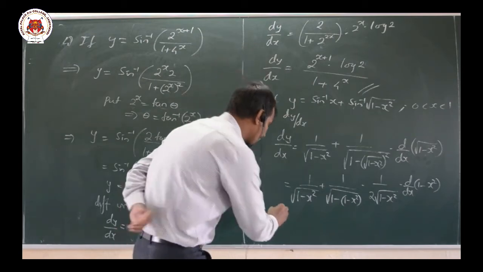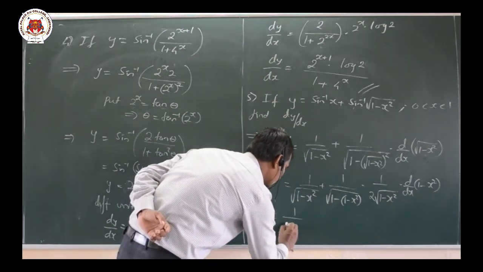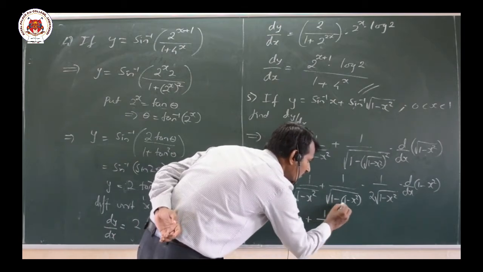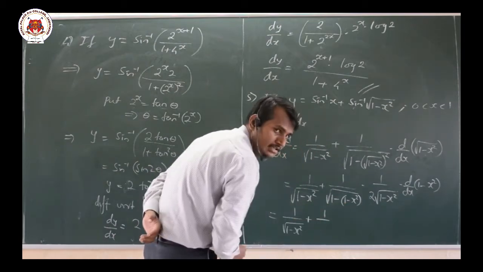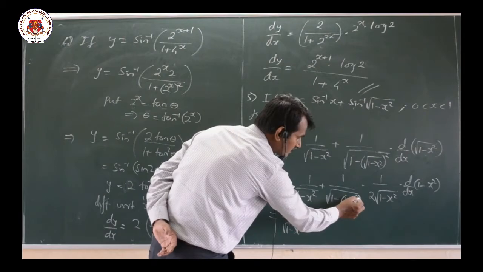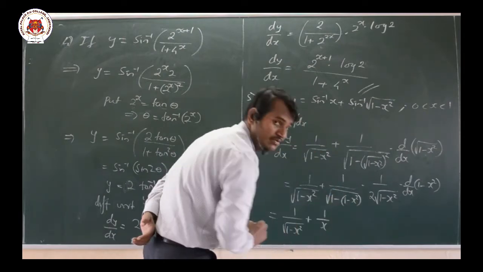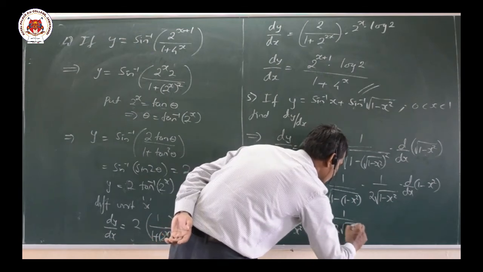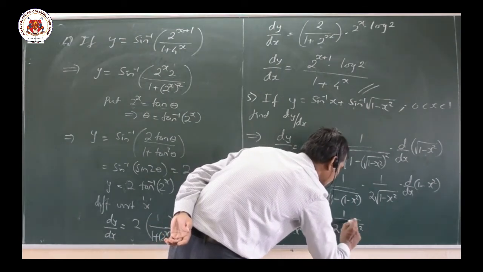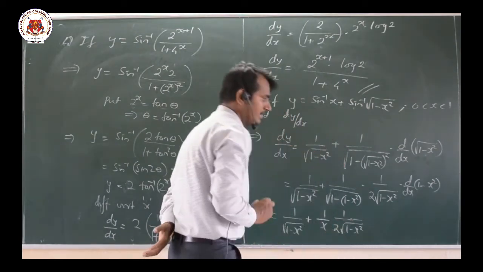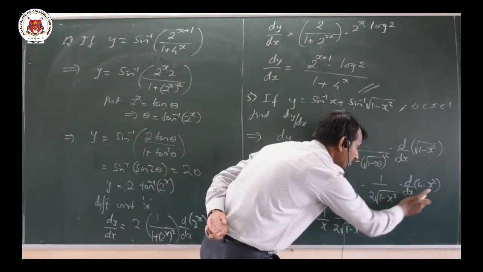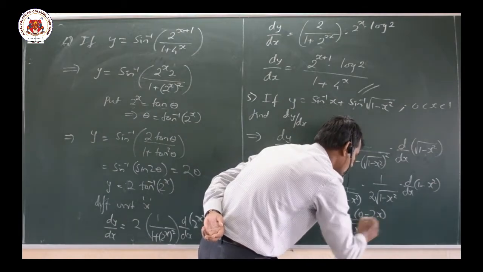Next part, which is equal to 1 divided by root of 1 minus x square plus 1 divided by 1 plus, 1 minus 1 cancels, x square comes. The root of x square leaves only the x value. Then 1 divided by 2 into root of 1 minus x square. Dear students, pay attention. Now here the differentiation of 1 will be 0, and the differentiation of minus x square will be 2x.